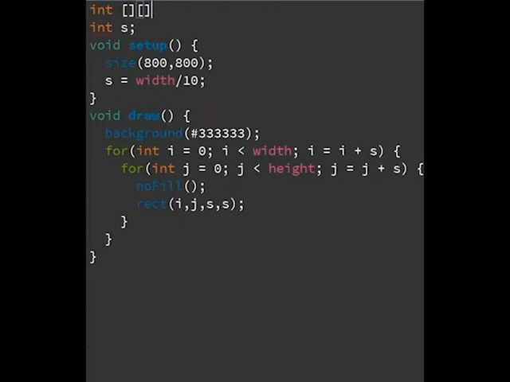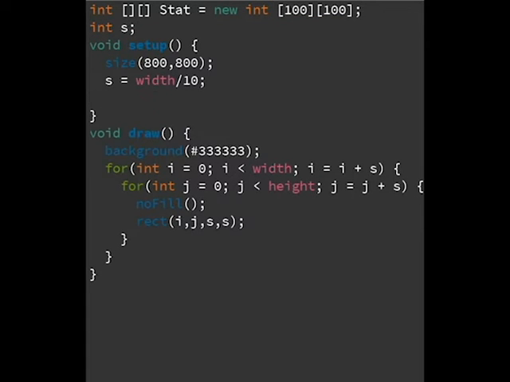This was my result. It looked more or less how I wanted it to, so I figured the next step would be defining some sort of array where I can hold each grid's status as to whether it's alive or not. I ended up calling this array start. I made start 100 by 100. This will probably be changed later to make it more efficient, but for now I just wanted the proof of